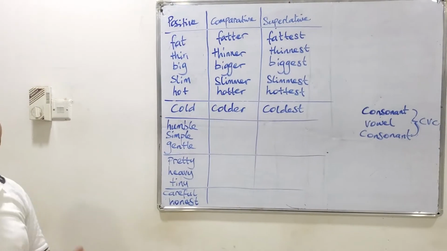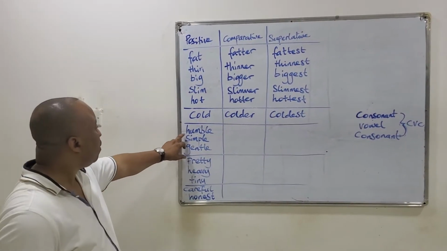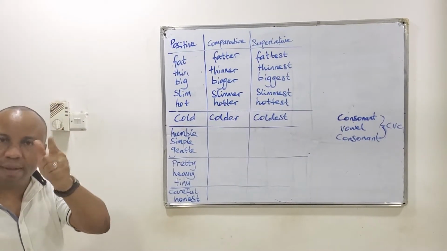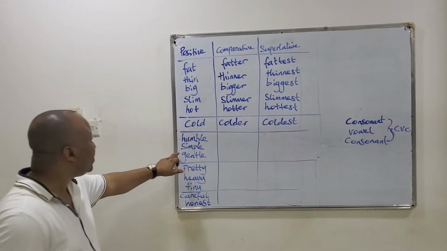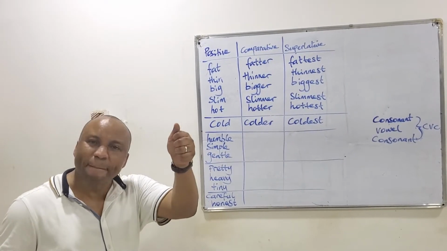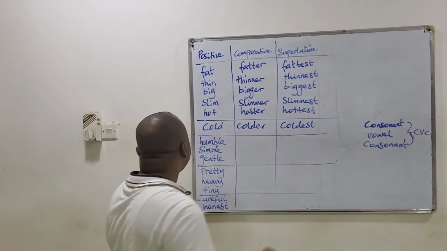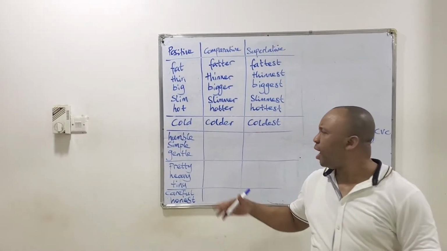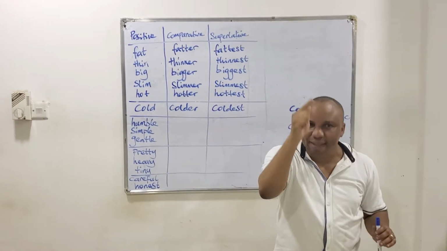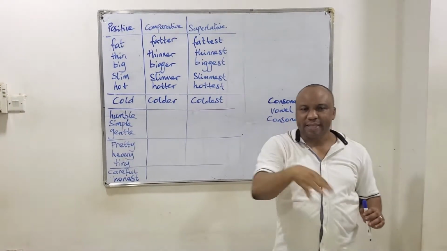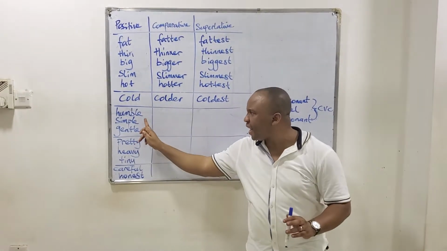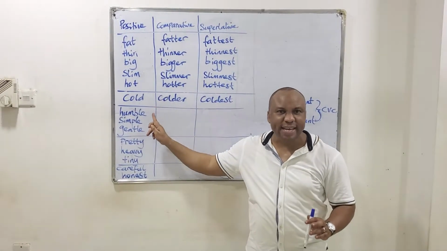Humble, okay? How many syllables? Humble, 2 syllables. Simple, how many syllables? 2 syllables. Gentle, ladies and gentlemen, how many syllables? 2 syllables. So, ladies and gentlemen, when we have 2 syllables and the last letter is E, and you feel that